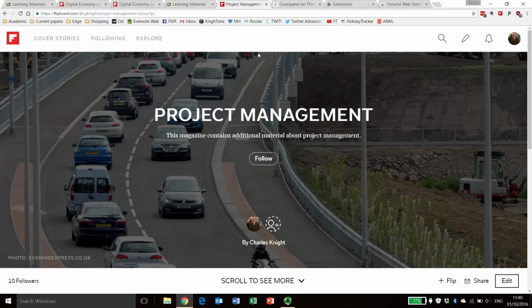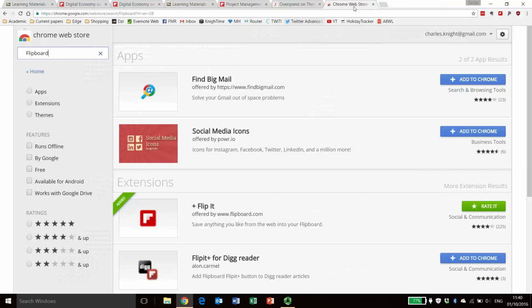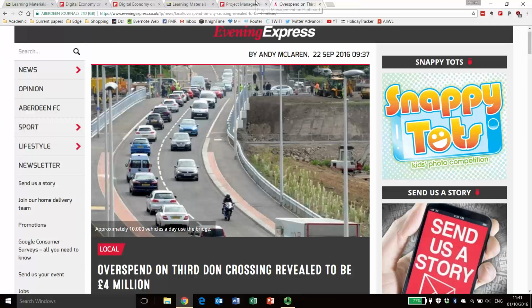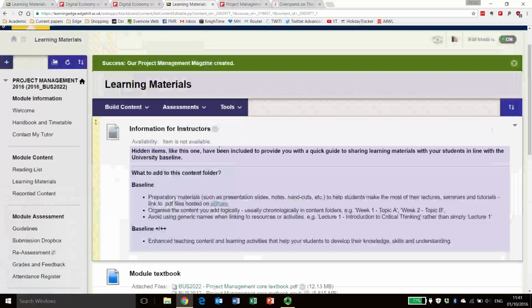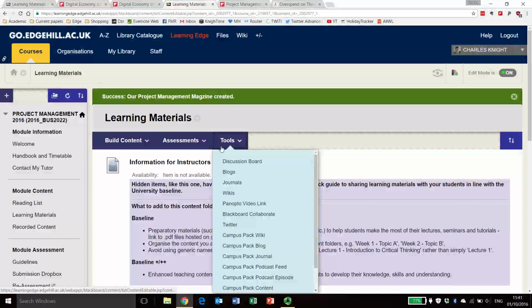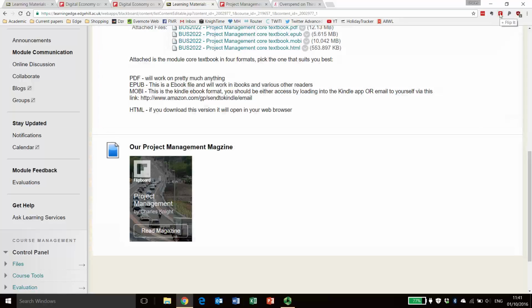I mean, for me, the real advantage that I find, being perfectly honest, is I'm there in the evenings at home, I'm reading something online, maybe on a mobile device, and I think to myself, oh, that's an interesting story. Couple of clicks, I've added it to Flipboard. And the benefit of this is it's so much quicker than most VLE environments. Because think about what you've got to do. I've got to log on to the VLE. I've got to create a new item. I've got to generate a HTML link, blah, blah, blah. No. Once you've set it up, once you've added your widget and you've logged in,